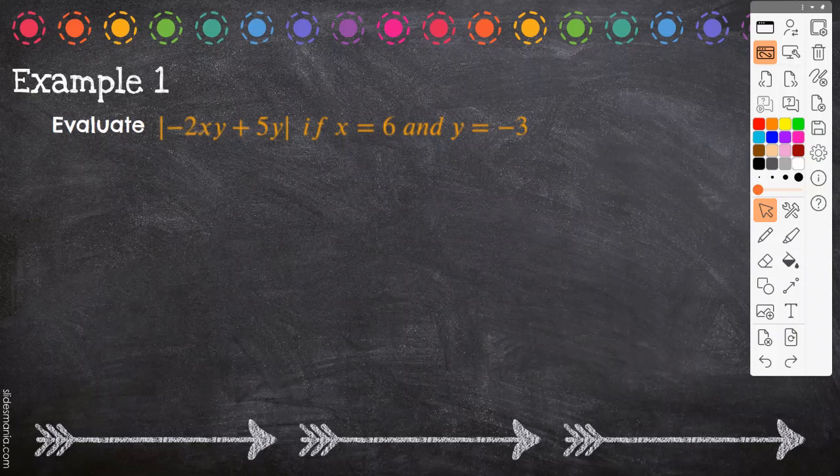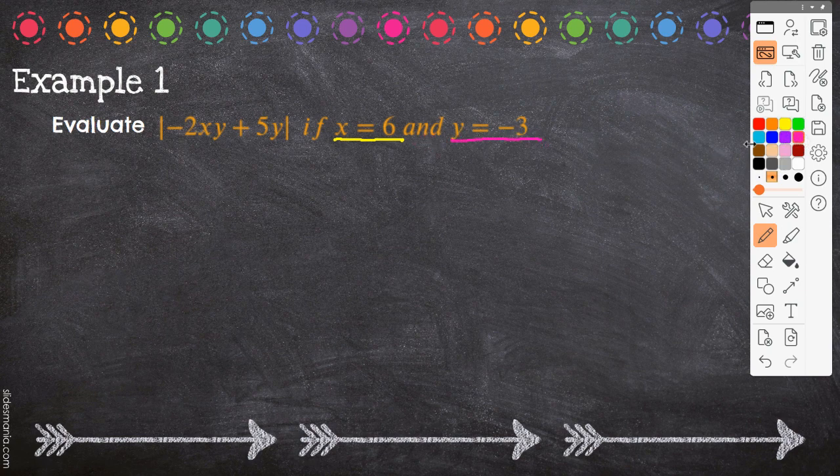All right, so we're going to look at this example from expressions involving absolute values. These two lines here are absolute value lines. And what we are going to do first is they've given us a bunch of numbers to substitute. So if they say evaluate if x equals 6